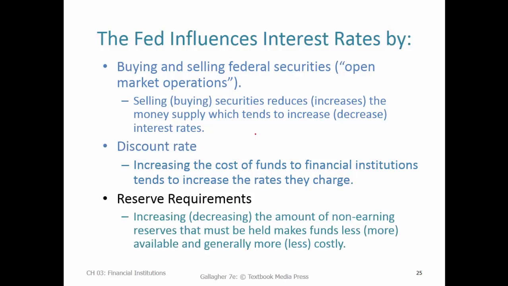Reserve requirements is a tool that's not really messed with much anymore, but the Fed does determine the amount of money banks need to hold on reserve against their deposits, and this is going to be anywhere from the 0 to 10% range. As we mentioned when we talked about the bank balance sheet, most of the money banks get from deposits is going to go and be lent out so it can earn money for the bank, and only a slim buffer amount of funds is going to be kept in the vaults to meet the demands of depositors who might need to withdraw cash on any given day.